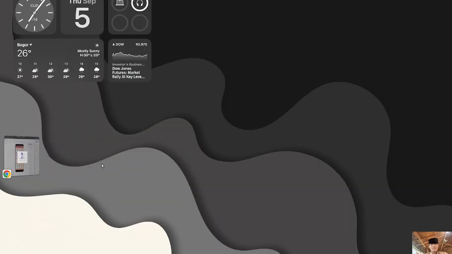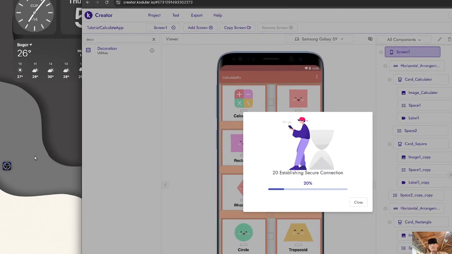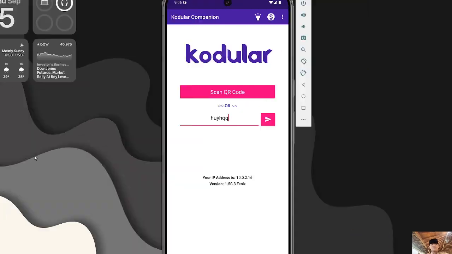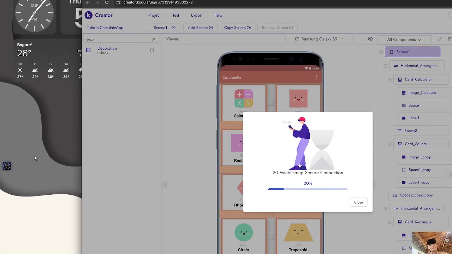So 20% there. We're going to wait a few seconds again. Hold on a second. Wait a few minutes here. It's still trying to connect. Wait, wait.